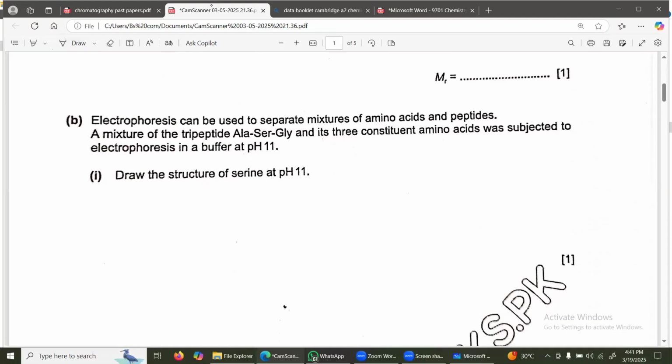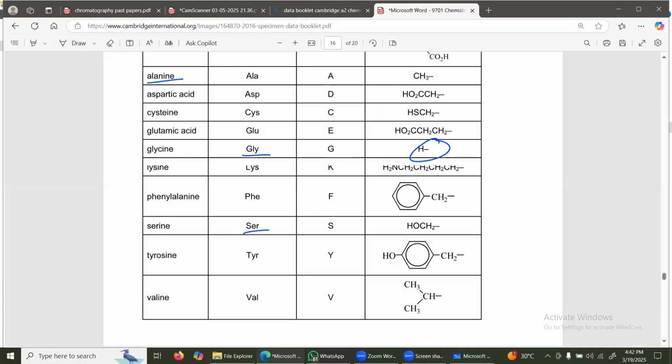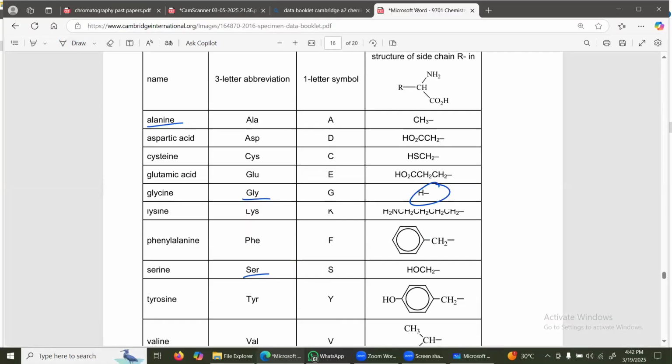A mixture of the tripeptide alanine, serine, and glycine, and its three constituent amino acids, was subjected to electrophoresis in a buffer at pH 11. So you have to draw the structure of serine at pH 11. Basically, if you just look at the